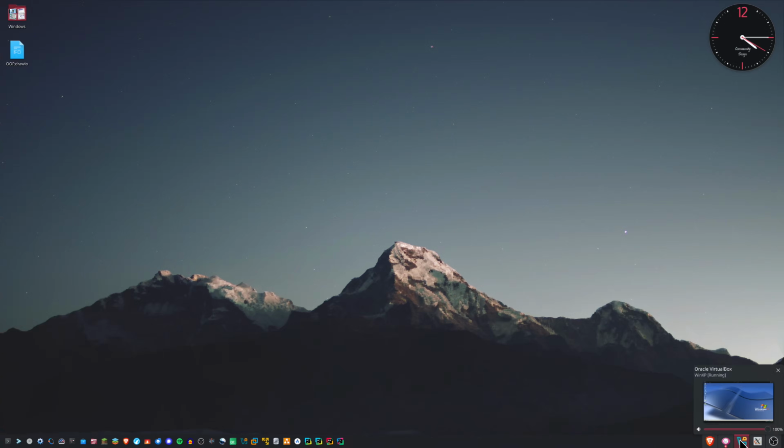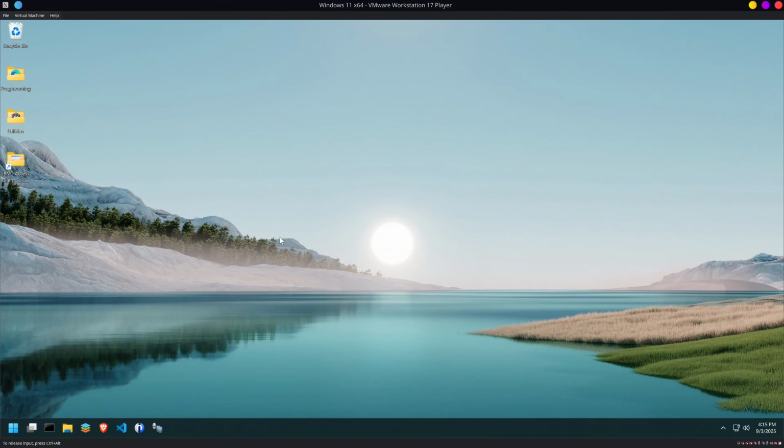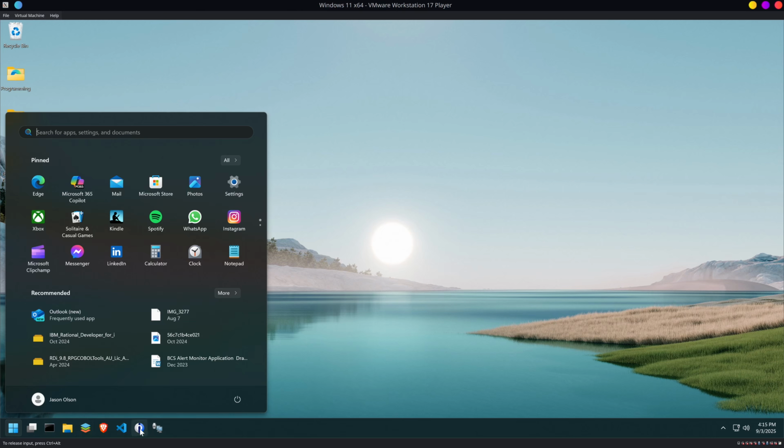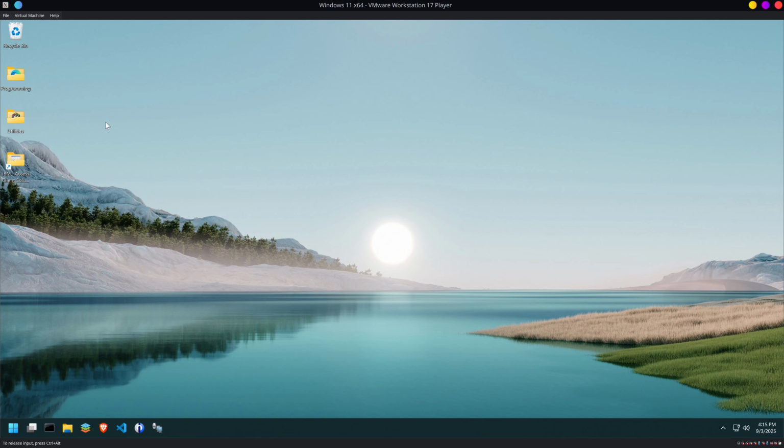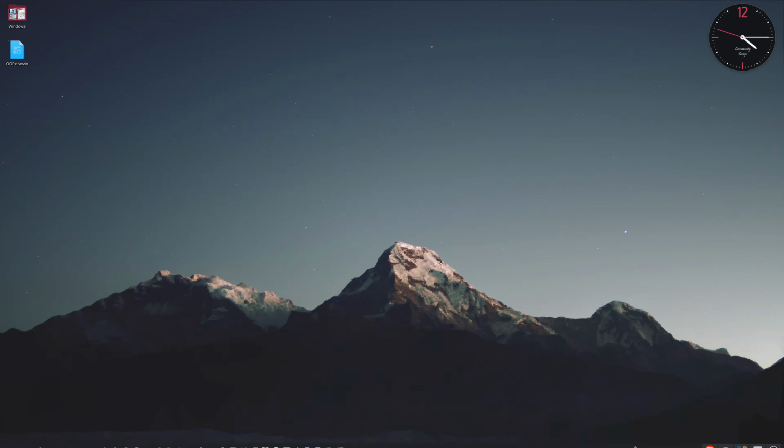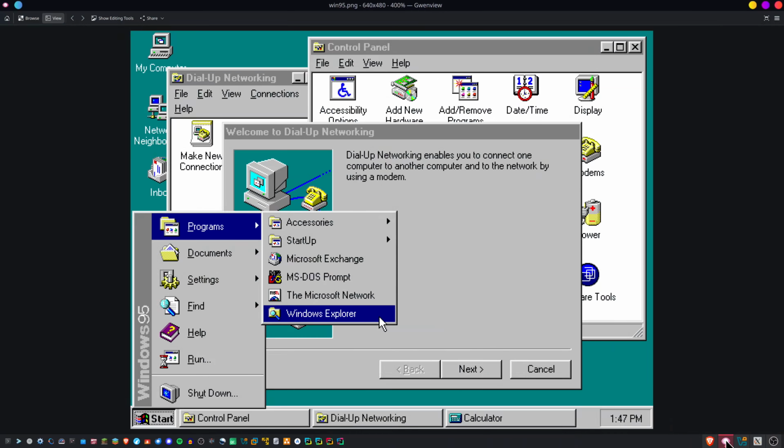So let's see. How has this changed? Well, here's Windows 11. So this is 30 years later, and you'll see we've got a start menu, a task manager, a taskbar here, system tray, and a clock, and a desktop, just a regular standard desktop. So really, in 30 years, for the most part, we're still sticking to that exact same mentality. Which, when you think about it, that's kind of impressive for a paradigm like this to last that long